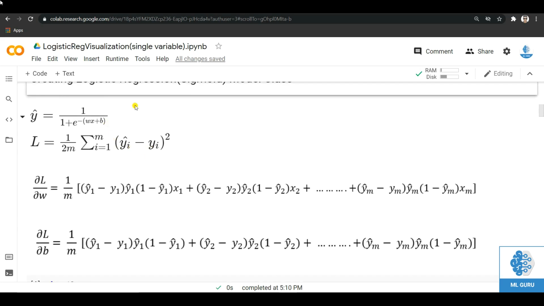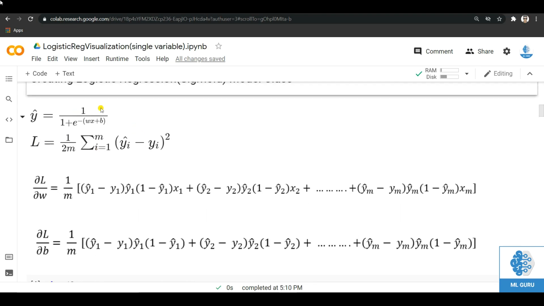And here for help, I have attached the screenshots of the functions which we had derived in the previous video. If you had not seen the previous video, I will suggest you to see that, because then only you can understand all these formulas. If you already know these formulas, then continue. So y hat denotes our prediction on a particular point x given the values of the weight w and the bias b.